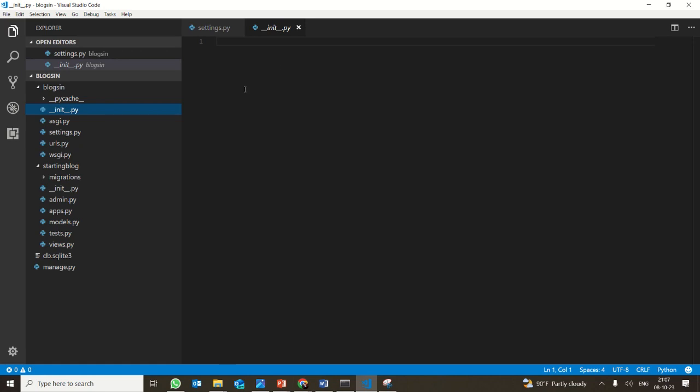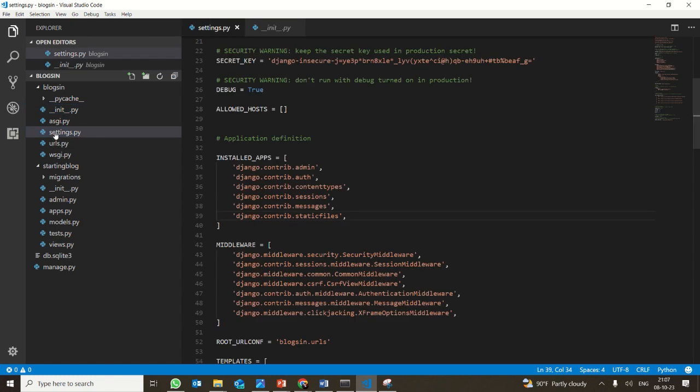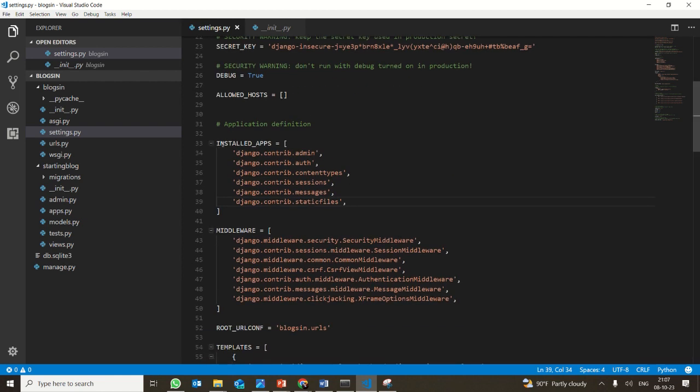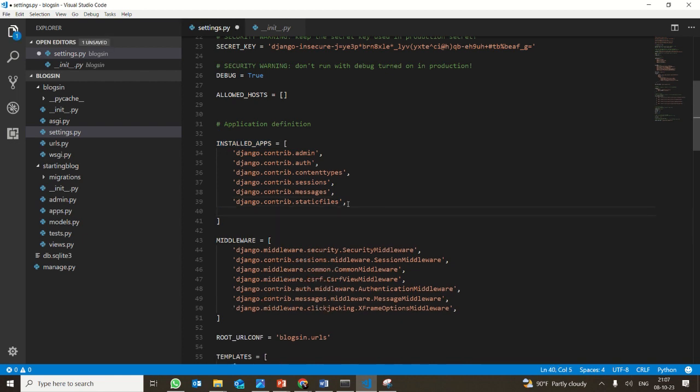So in this we are going to see how to work with the settings and get your settings done. Once you have this model structure, what you have to do is go to the settings.py. In the settings.py, when you scroll down, you can see the installed apps. In the installed apps, you need to actually add